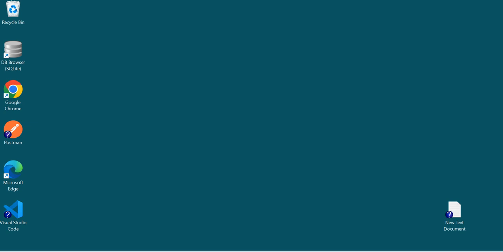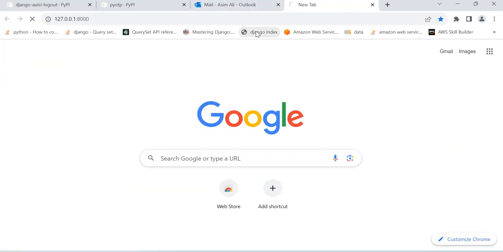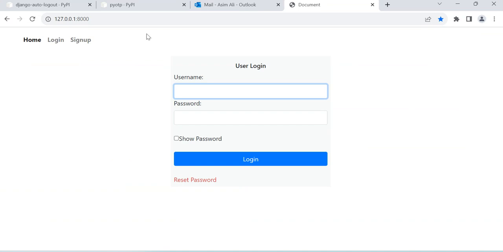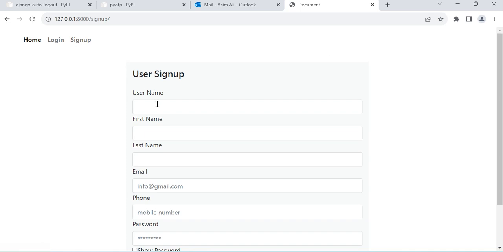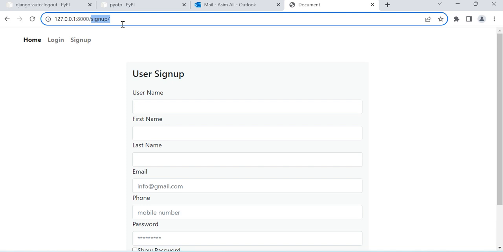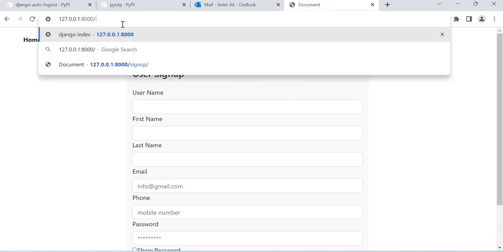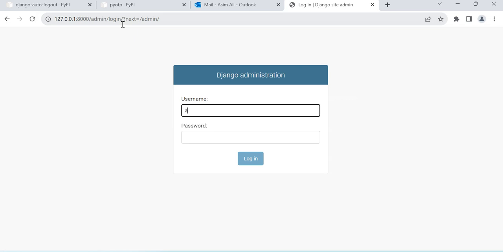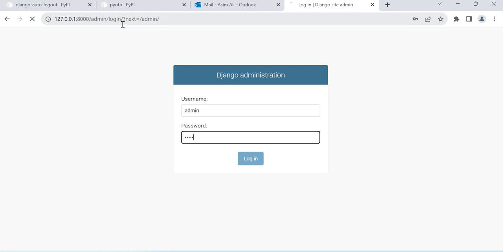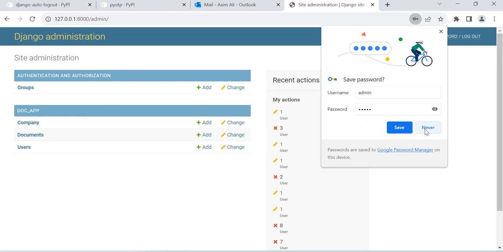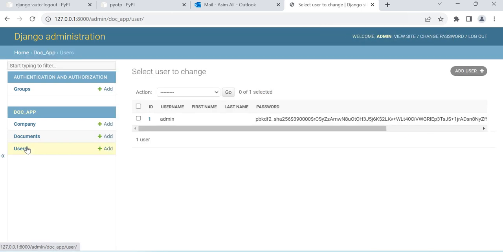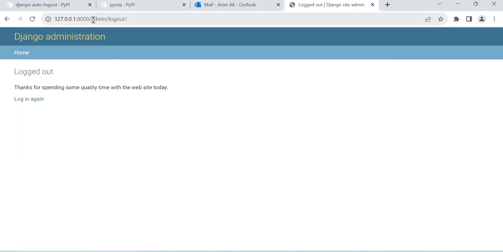First I will show you the functional. First we can log in. This is our login page, main page, and this is our sign up page. First we can create a new user. Before creating the user, I will show you the backend. Using the admin user, we are logging into the dashboard, and we have no user, only the admin user. So we can log out, and first create a new user